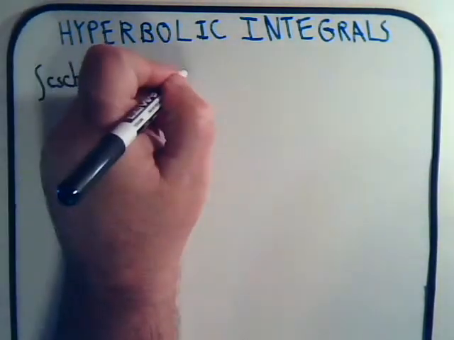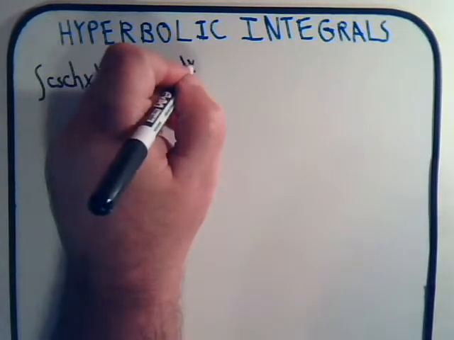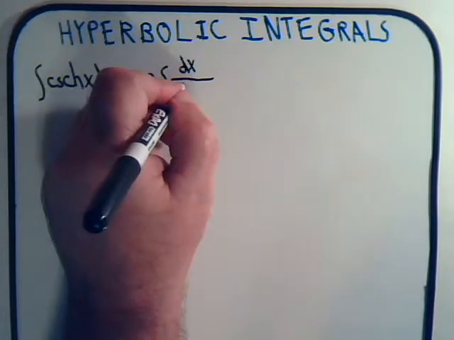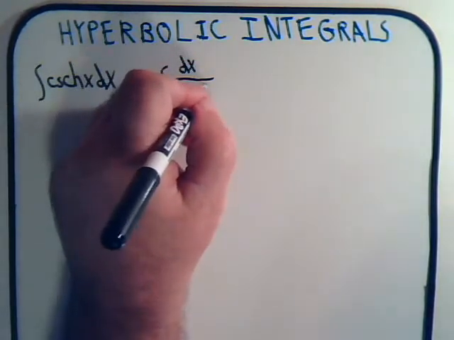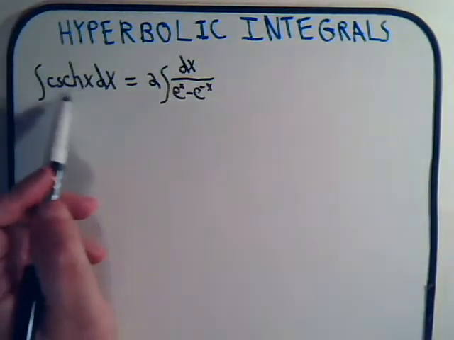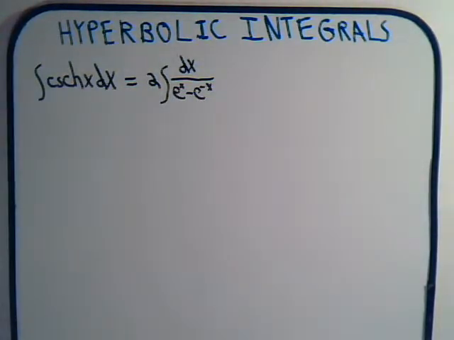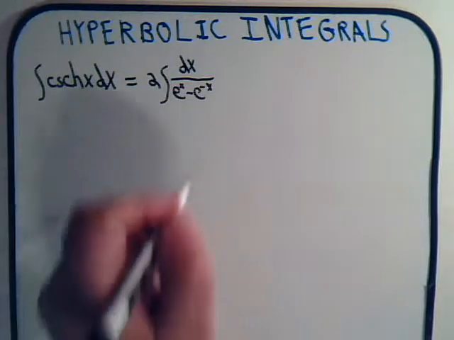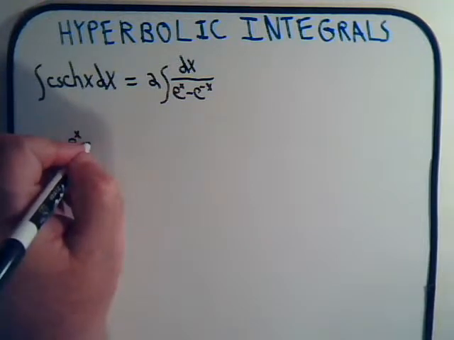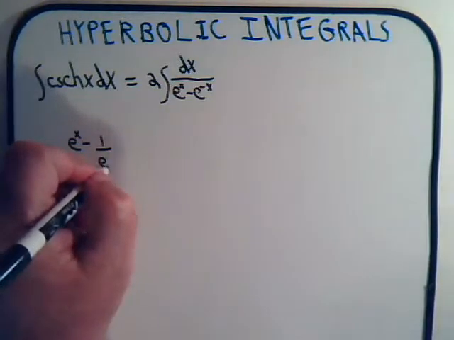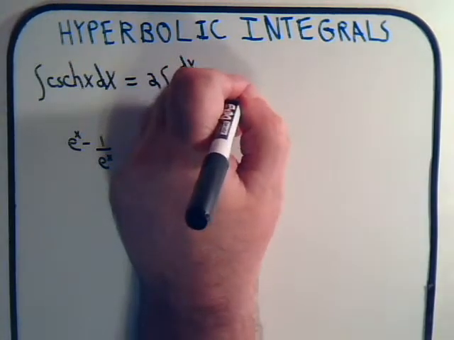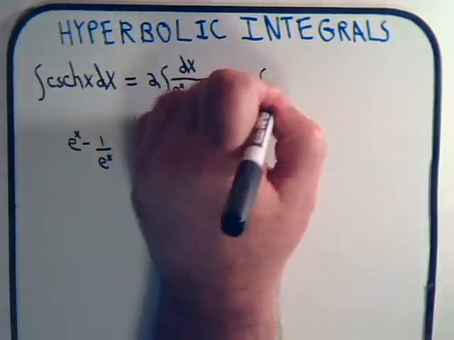the integral of dx divided by e to the x subtract e to the minus x. 2 divided by this, that's the hyperbolic cosecant. Now, let's do the subtraction. We have e to the x subtract 1 over e to the x. So that will be equal to 2, the integral